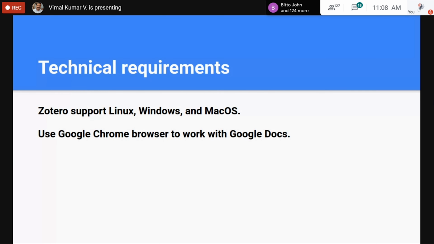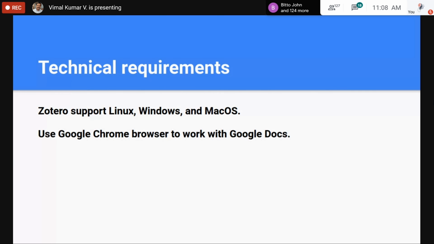After getting the username and the password, you can log in to the Zotero website. This is the first step of using Zotero. The next step is that you have to install the Zotero client software and browser plugin.